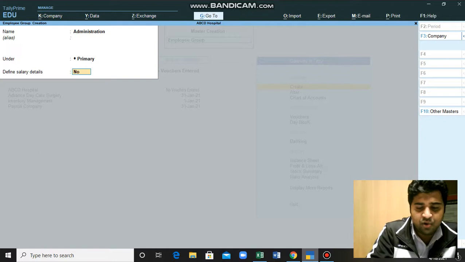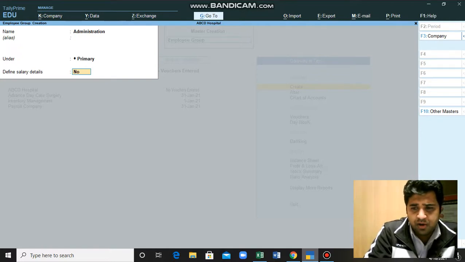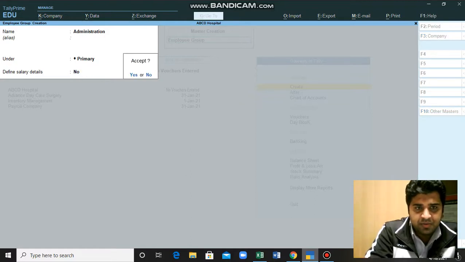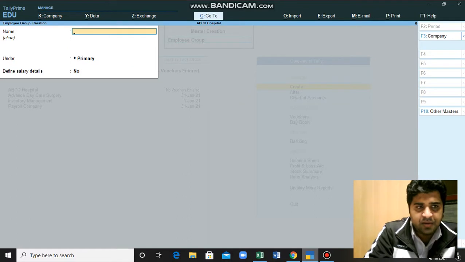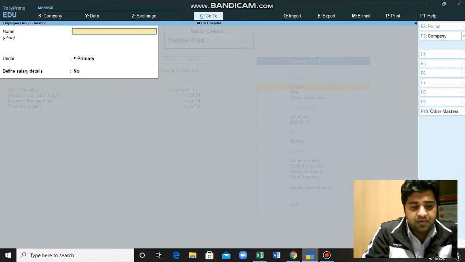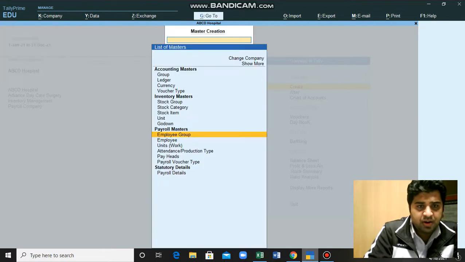Define salary details, no, because I don't want to set any salary details to this group. I will do it personally with each employee. So here it will be no. When we will press enter, it will ask accept yes or no. We will press Y. The first group is created, and the second group, as we remembered, was medical staff. Medical staff, again it will come under the primary. Salary details, no, and accept yes. So here we have created the two required groups for now,